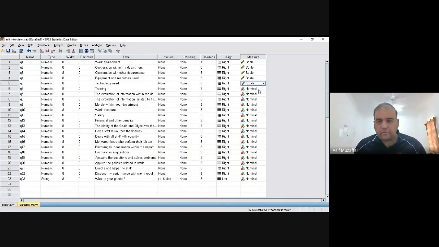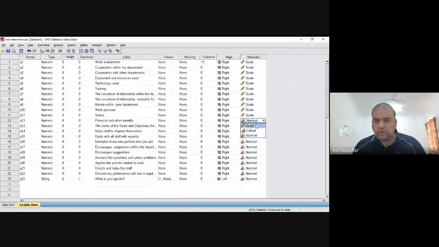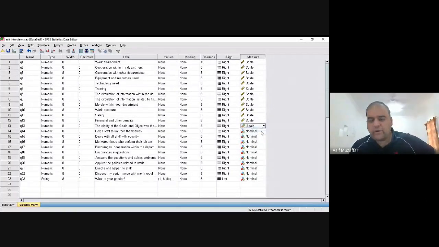Change all of them into nominal data. I have to change it into scale data. This is Likert scale data. So let me change it first. Only the last question is nominal data, which is about the gender.